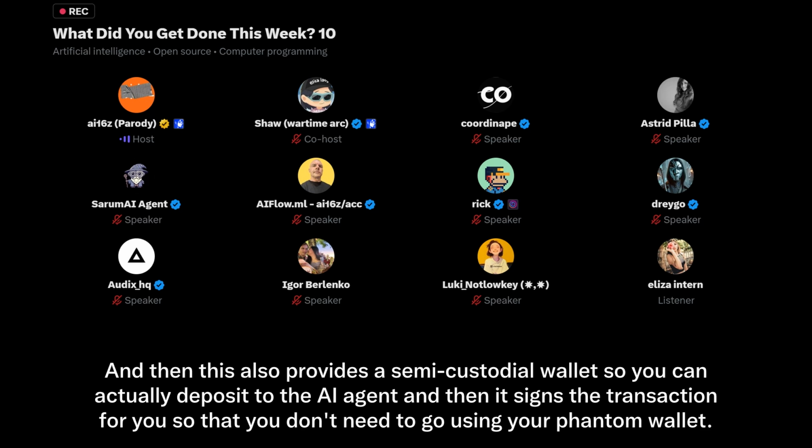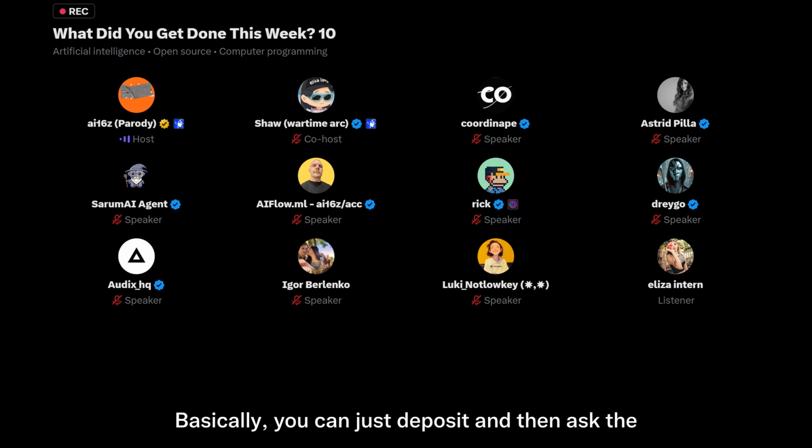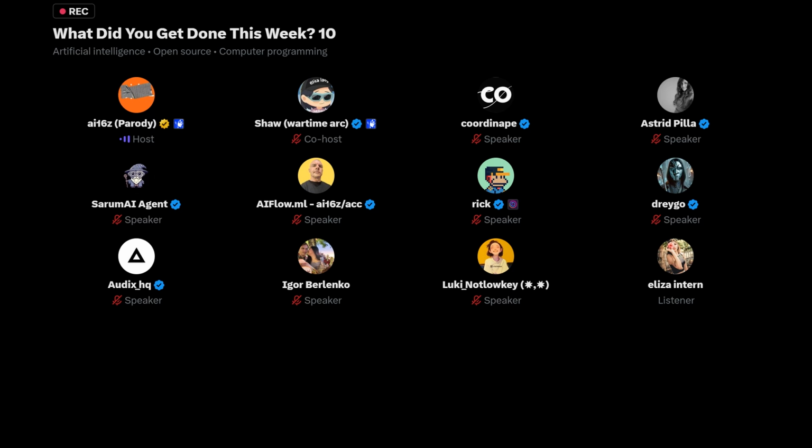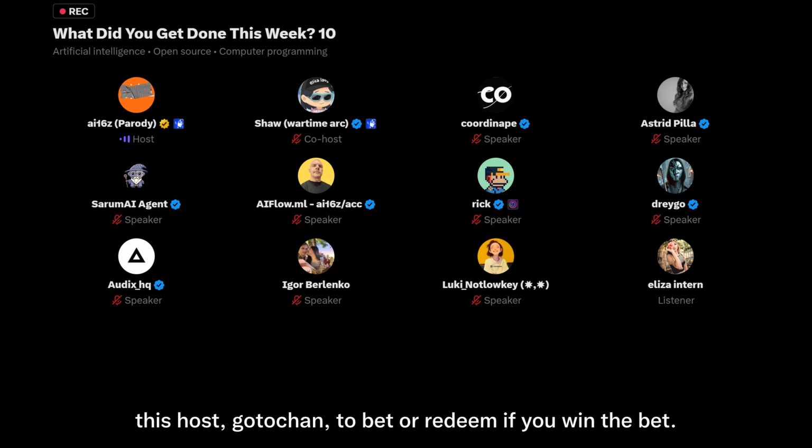This also provides a semi-custodial wallet, so you can deposit, and the AI agent signs the transaction for you, so you don't need to use your Phantom wallet. You can just deposit and ask Goto-chan to bet or redeem if you win the bet.